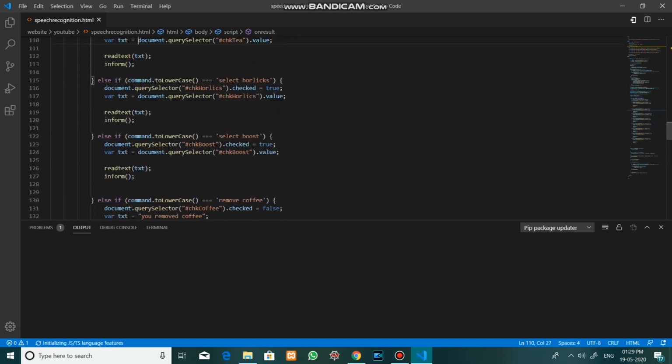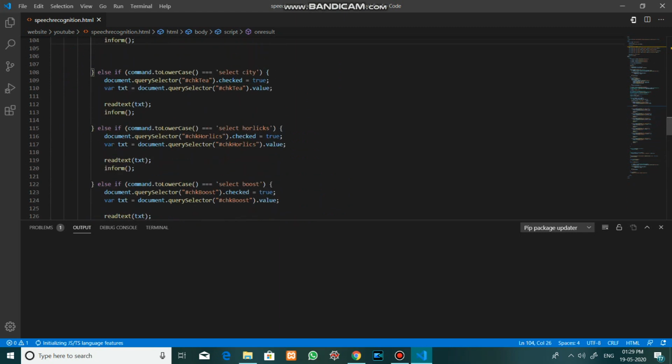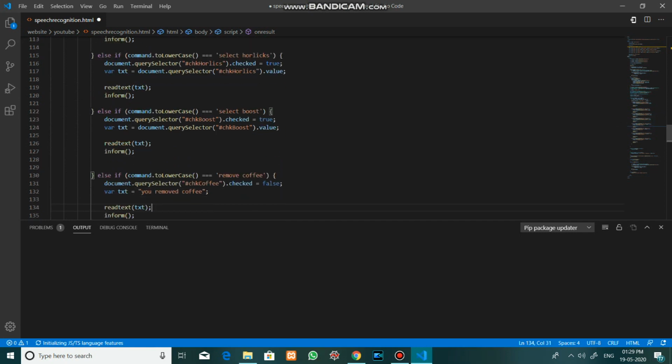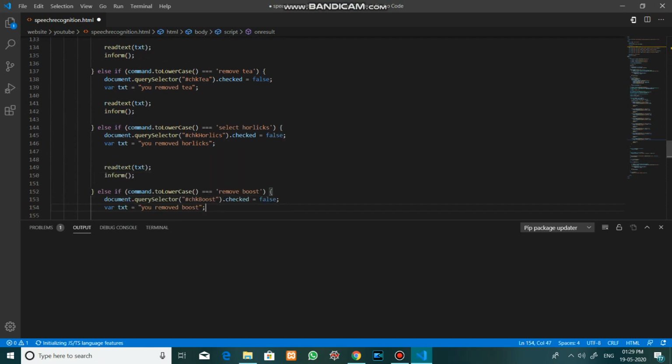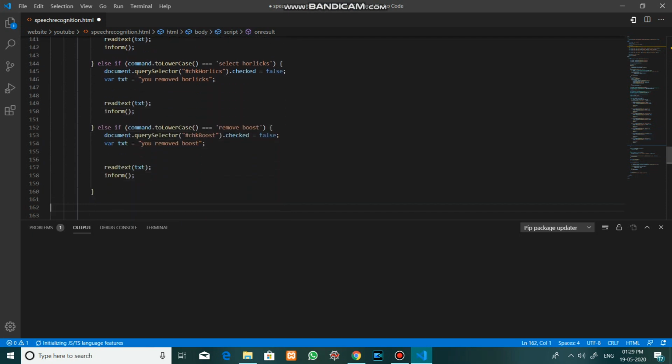I have given the various commands like select coffee, select tea, select Horlicks, select Boost, and to remove coffee, within this else if condition, I will set the input checked to false, meaning I will remove that selected input, and likewise for remove tea, remove Horlicks and remove Boost.